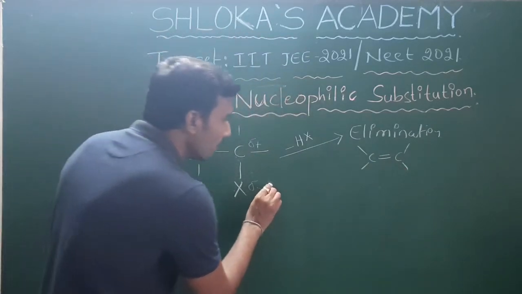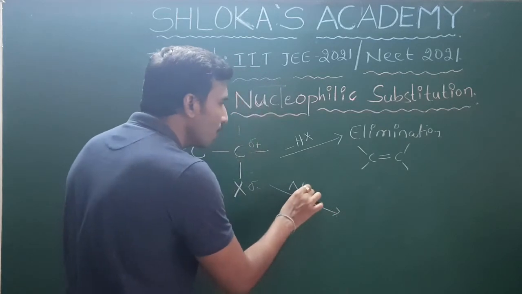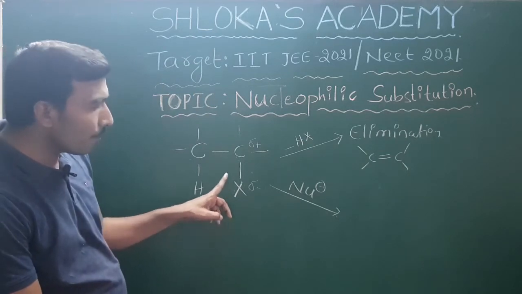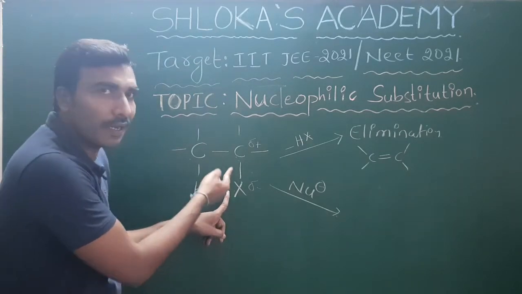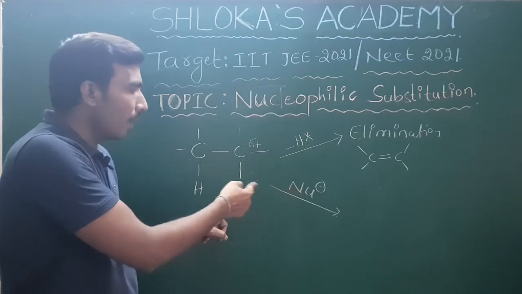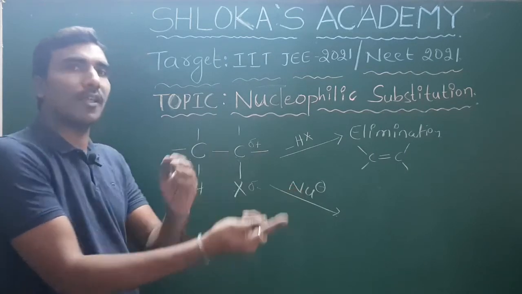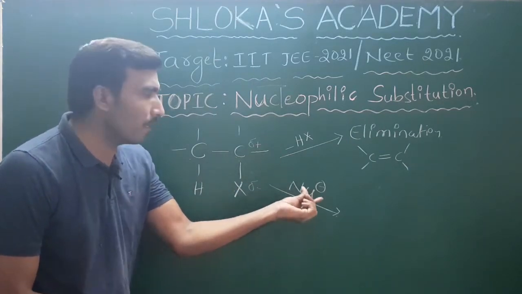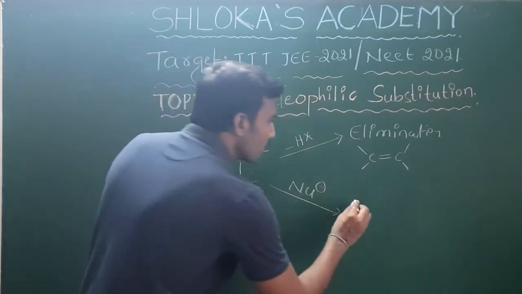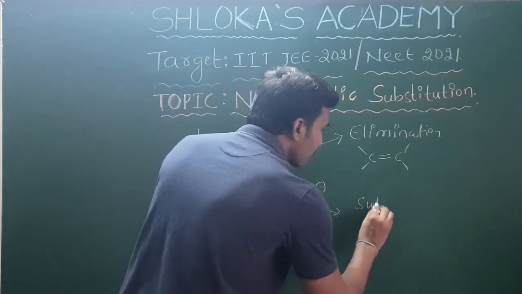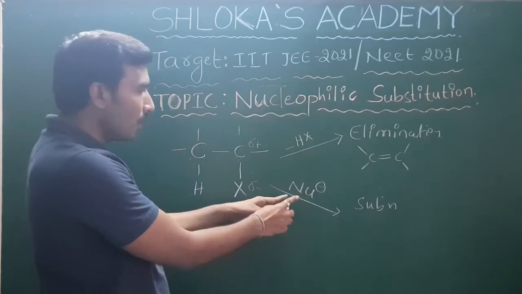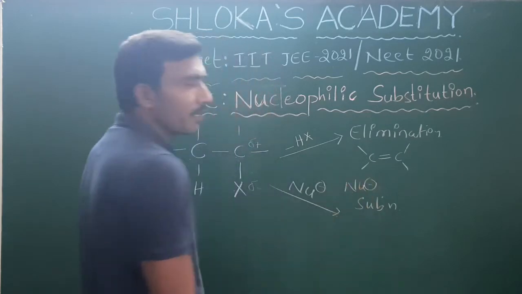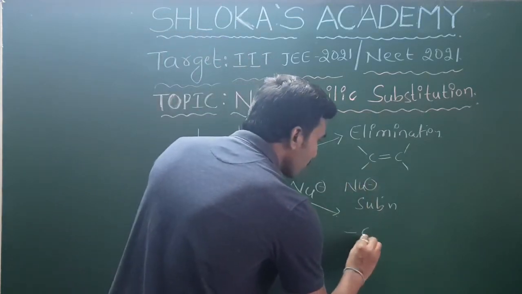Next, another reaction, if I take any nucleophile, because of its higher electronegativity this halogen can leave as X minus, and X minus is also one type of nucleophile. This leaving group can be substituted, replaced by the incoming nucleophile. That is called a substitution reaction. As the substitution is done by a nucleophile, it is called a nucleophilic substitution reaction, which results in the substitution product.